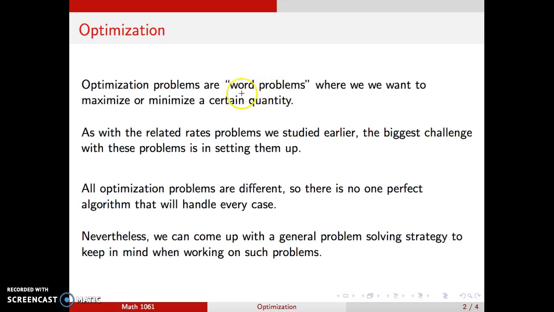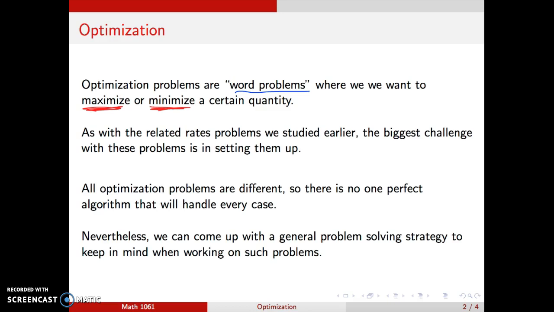So these are what students often call word problems, where the idea is we want to maximize or minimize a certain quantity. So maximum, minimum, you should be thinking derivatives, and that's exactly where this all fits in. These are calculus application problems where we're finding a maximum or a minimum depending on what the problem is. Thinking back to related rates problems, our other example of what students often call word problems,